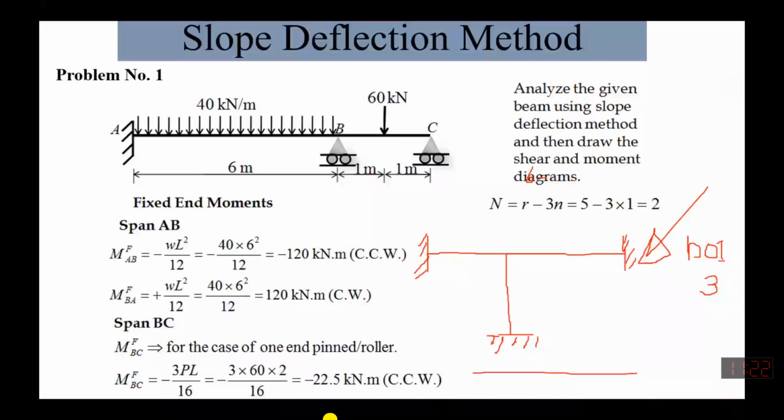Now if I add one more member into this, wait, I'll add one more member into it. If I add one more member over here, what is its degree of indeterminacy now? 9. 9. Now it is basically, there are 9 unknown redundant forces now there, isn't it? Unknown reactions are how many? There are 9 reactions